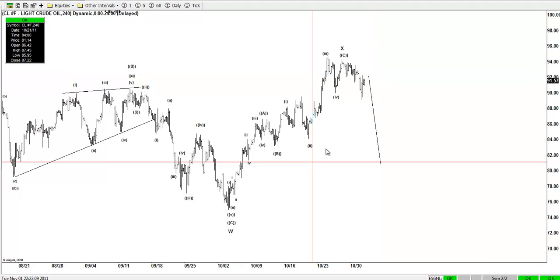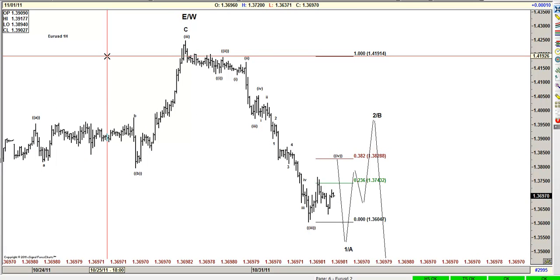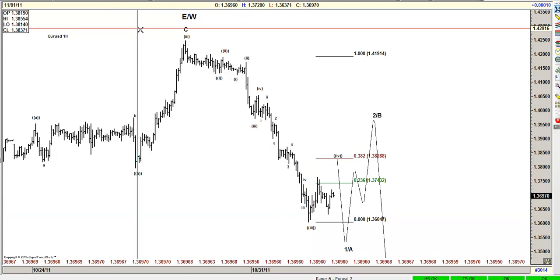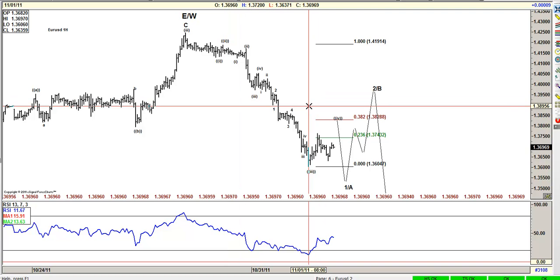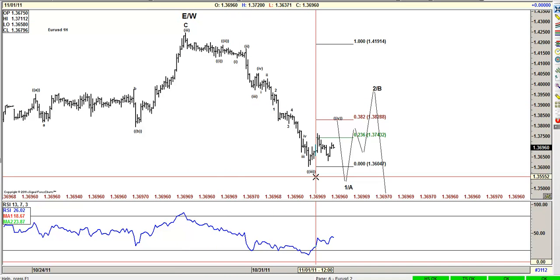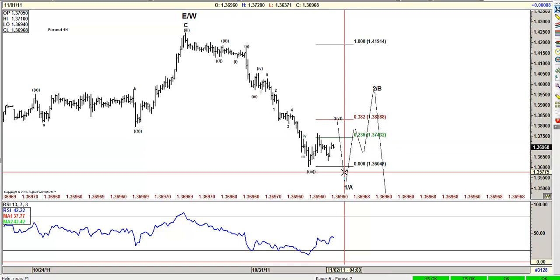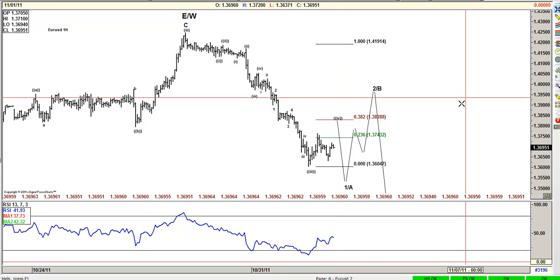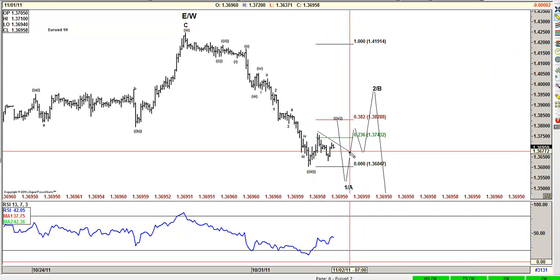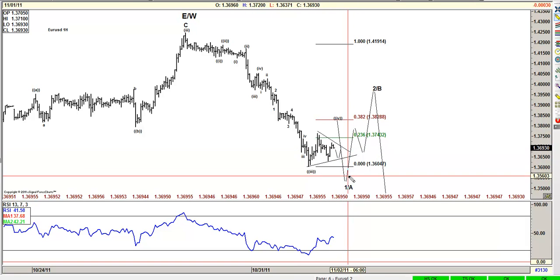Now let's move on to the individual pairs. On the individual pairs, we're going to start with the euro dollar. The euro dollar, like the dollar, is in the same scenario. I believe that wave 3 ended here. You take a look at the RSI, there is no divergence at all, meaning that this is a 3-wave move, and we should get a 5th wave either from current levels or the 38.2 that comes around 1.0828. At current levels, it looks like a triangle can be in place, something like this,